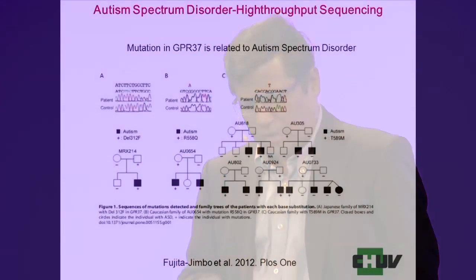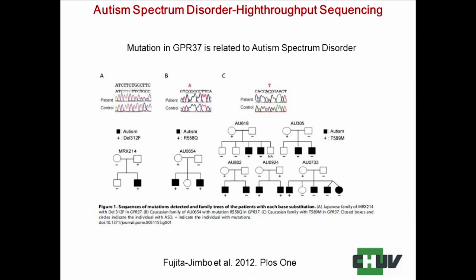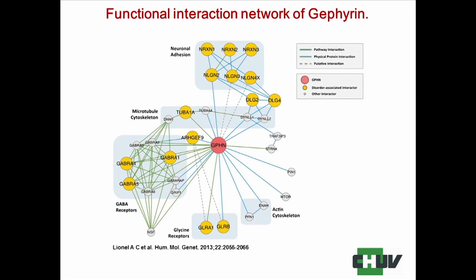Again, these are autistic disorder patients. There are a lot of children. I originally come from Bangladesh, and recently when I go to Bangladesh, I see a lot of children. Mothers come to me with children with autism, and I never experienced that before. A lot of autism happens due to mutations and defects in genes. It's not a single gene. It can involve multiple genes. Here you can see the master gene in the middle, and there is a network of genes. It can be a single gene, but it is speculated that multiple gene defects most likely cause this type of autism.